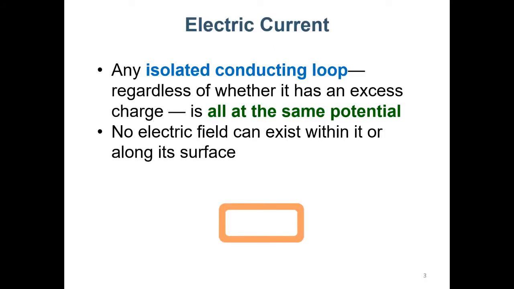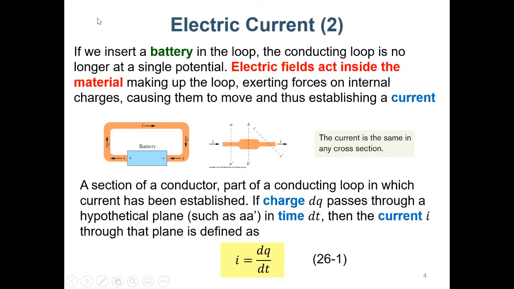For current, any isolated conducting loop, regardless of whether it has excess charge, is all at the same potential. No electric field can exist within or along its surface. So it should have the same electric potential. Now, if we insert a battery here in the loop, the conducting loop is no longer